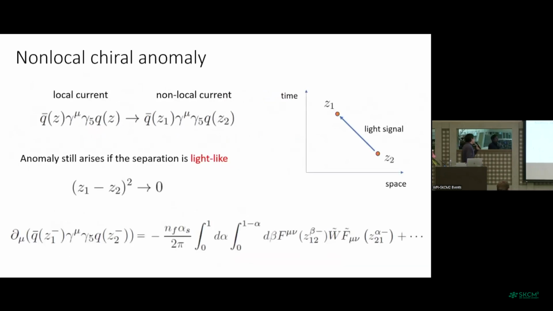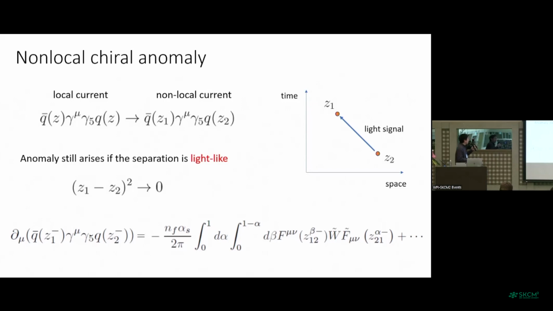What is new, and what can be studied at the electron-ion collider, is the non-local generalization of this chiral anomaly. Before, I talked about the local operator, where the two quark fields are positioned at the same point, Z here. But one can actually generalize this object to a non-local direction, so Z1 and Z2 are separate. And even with this non-local operator, if you compute the divergence, you still find the anomaly if Z1 and Z2 are separated in the light-like direction,